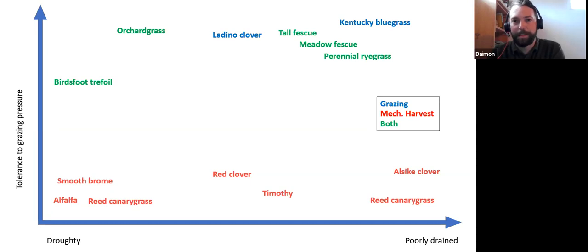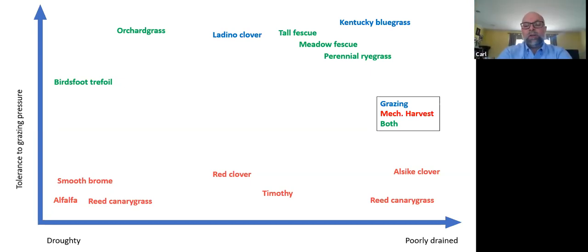And so that's kind of how these are categorized, and I think it's a really good graphical representation of it. And that's a good point, that it's not that you can't graze Timothy or smooth brome or red clover. There are plenty of people out there that do. However, with that extra care that you need to give it, in some cases,